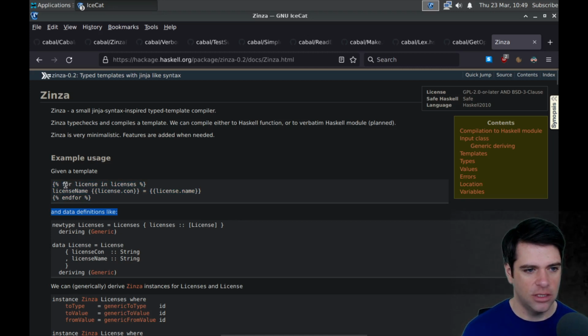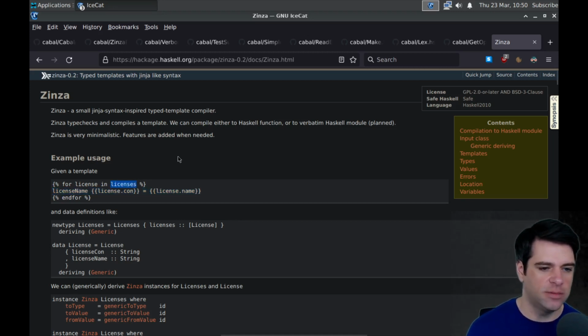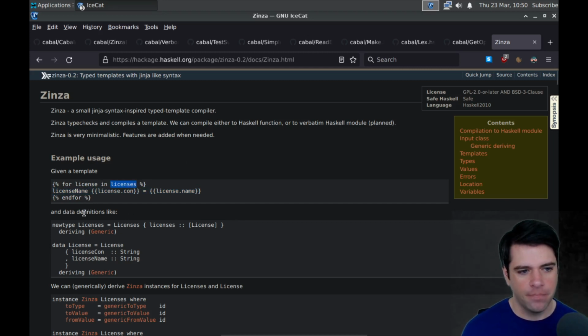So this template says, for license in licenses, we're going to print some stuff. When this expands, I assume in Jinja and also Zinza, this will have one license name per license in licenses, which is some sort of container of licenses, most likely some sort of list. And to get this to expand properly, we have to define some types. We need to tell it what to do with licenses.